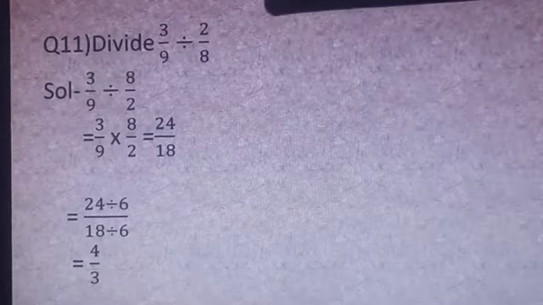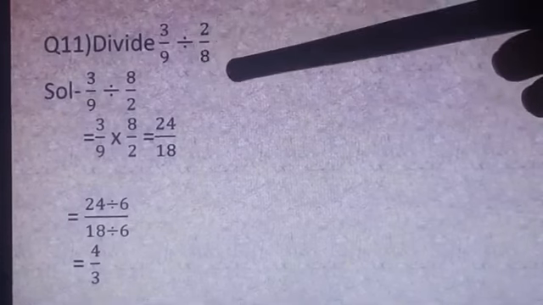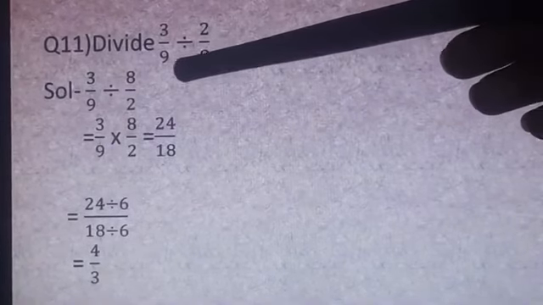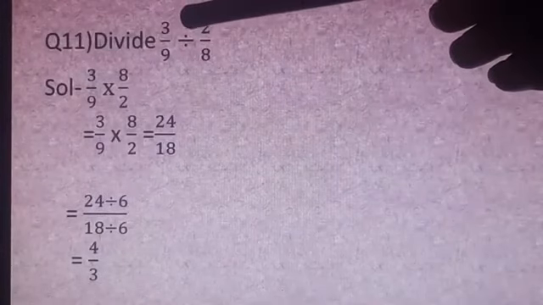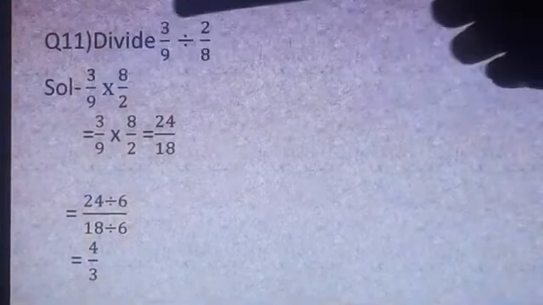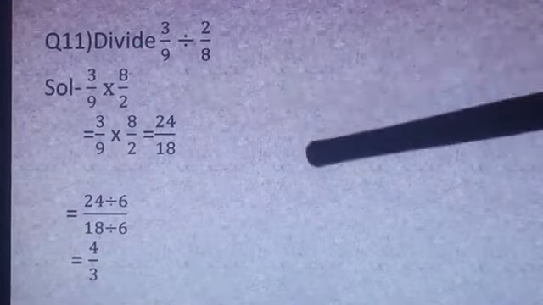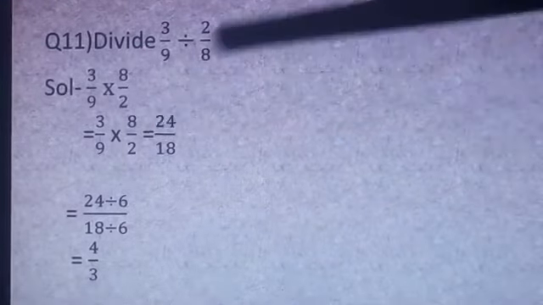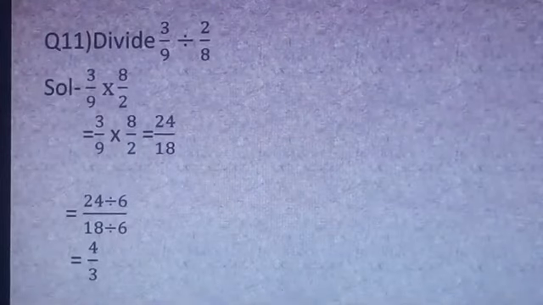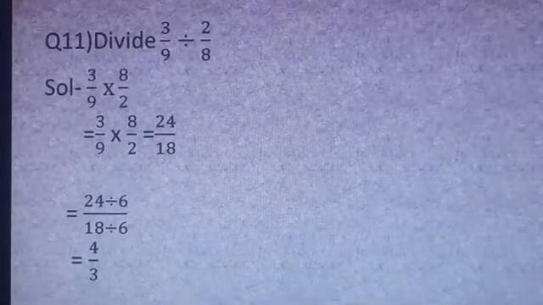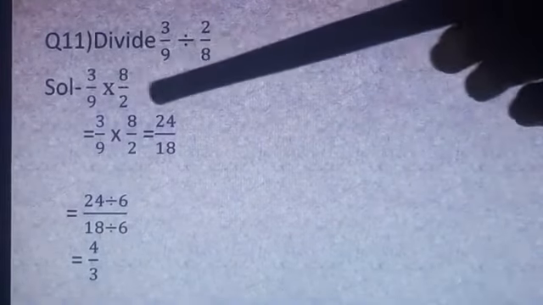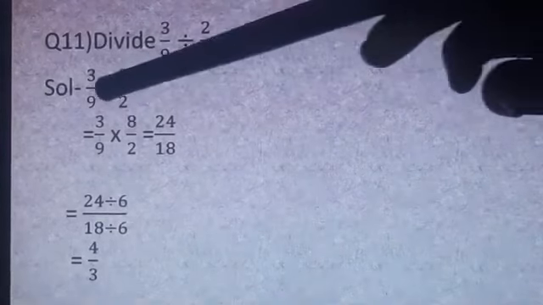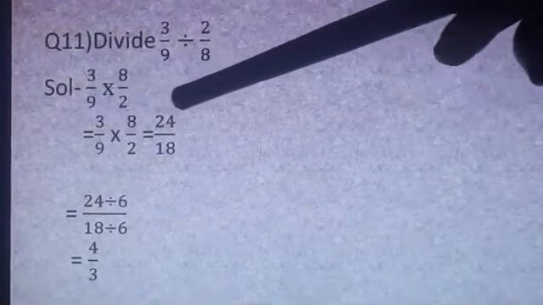Now next question is 3 upon 9 divided by 2 upon 8. Okay. So division is here. It will replace into multiply. And 2 upon 8 will become 8 upon 2. Okay. Now see beta. Sometimes what happen, you don't know how to do cutting or where to do cutting. कभी कभी आप भूल भी जाते हैं. So here also what I have done, I have not done cutting. I have done multiplication. 3 into 8, 24.